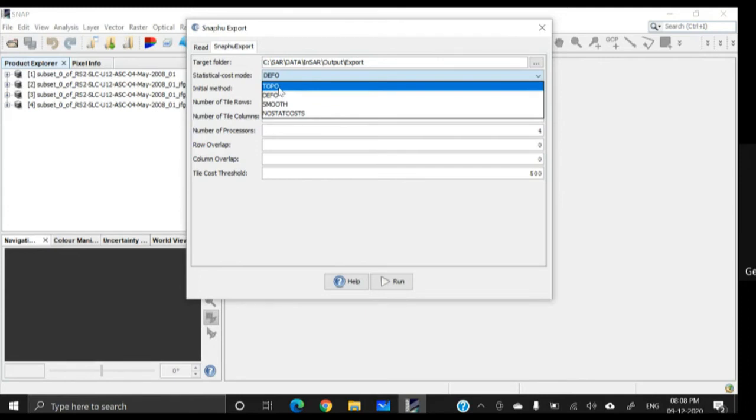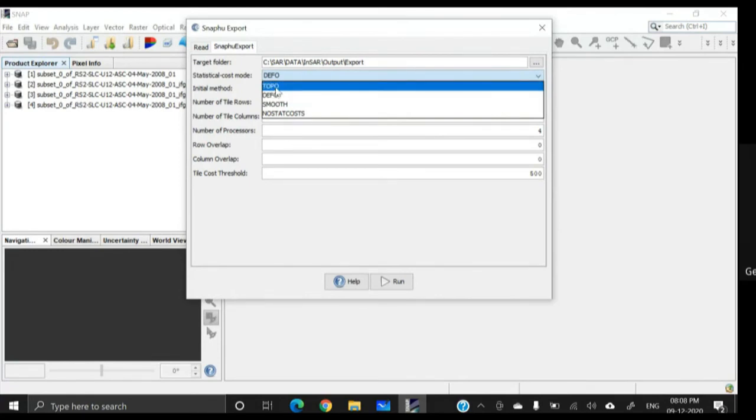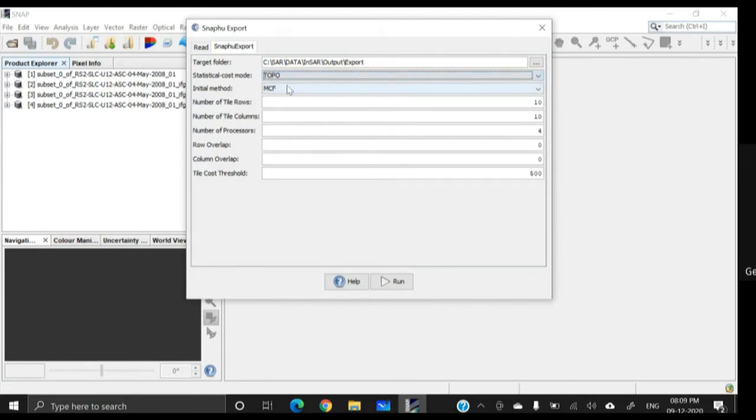Topo means basically the topographic elevation will be unwrapped, and DEFO, the model DEFO, will create a more precise DEM. However, topo is faster but comparatively rough. So we are going for topo because we do not have enough time. We also have the smooth option. Smooth means more fine, but for the timing, let us select topo.